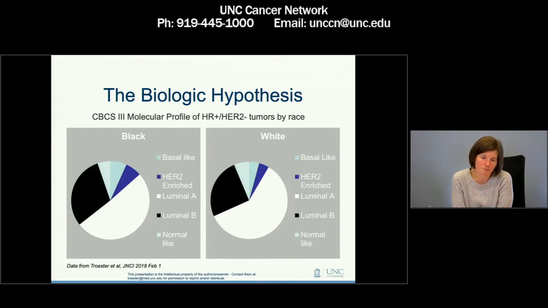And we saw by race that Black women who we thought were hormone sensitive in the clinic were more likely to have a molecular subtype that we actually know to be relatively hormone insensitive. Molecular subtyping is not available clinically right now. It's only a research tool. But if you had to have a kind of breast cancer, you would optimally want to have luminal A, which has the best survival and which